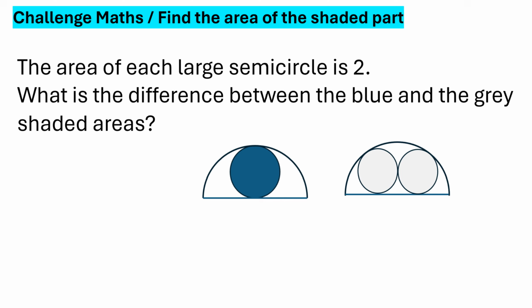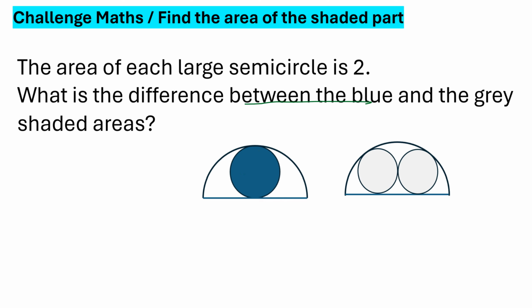Yeah, everybody, in this question we need to work out the difference in the area in these two circles within the semicircle. So we're given this is the blue bit, the blue shaded area, and these are the gray shaded areas. So we need to find the difference between the blue and the gray shaded areas. So to start with,